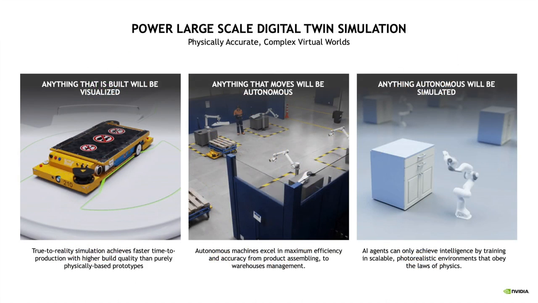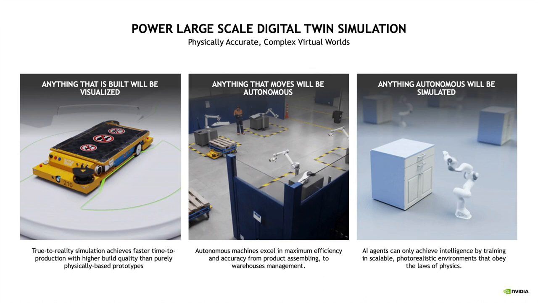We believe that anything that is built will be visualized. Anything that moves will be autonomous, and anything autonomous will be simulated. True-to-reality simulation achieves a faster time to production with a higher build quality than purely physical prototypes. You can build and train things in the digital world before committing to the cost and expense of doing it